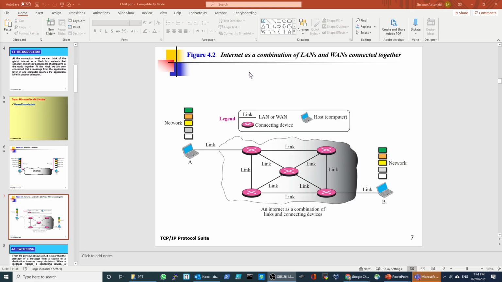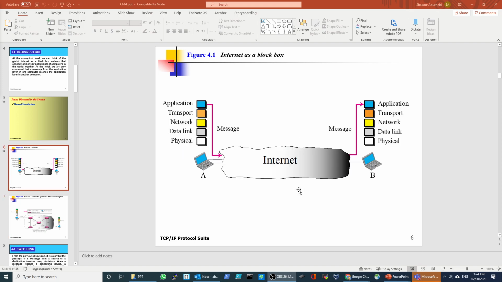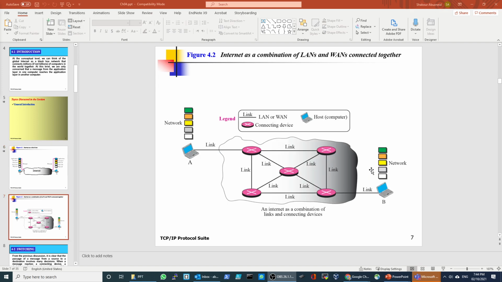The internet is a combination of LANs and WANs connected together. As you see here in this black box, there is no one line connecting the source and the destination. It's like a switched network. You have a connecting device, which is usually a router, and the routers are connected by links.